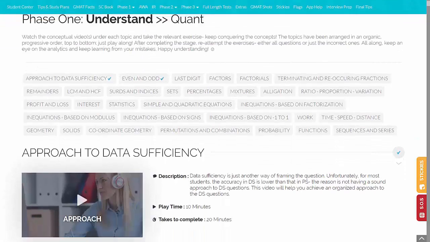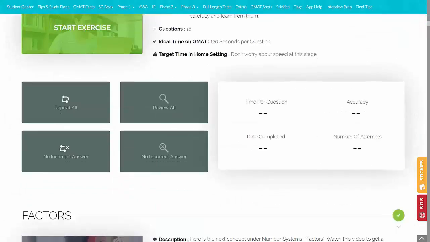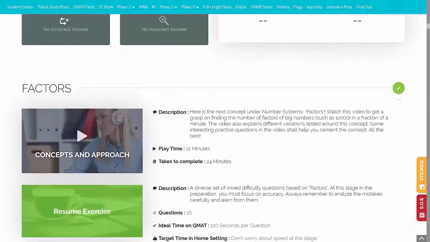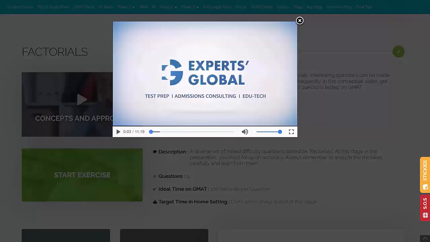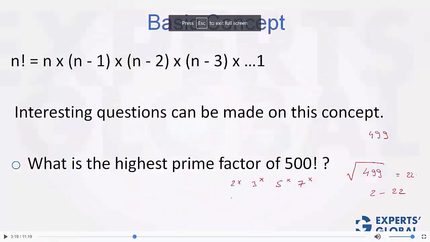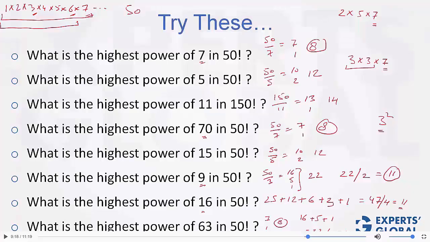What we have done is that we have broken the GMAT into 100 small pieces. The average duration of our 100-plus concept videos is between 5 and 6 minutes. So the idea is that you watch a small conceptual video. For example, you watch a video on factorials. So watch this video. Always go full screen while you are watching a video. Watch the video completely. You will see that concepts have been taught in a very experiential way. The emphasis is on teaching concepts by solving live examples.